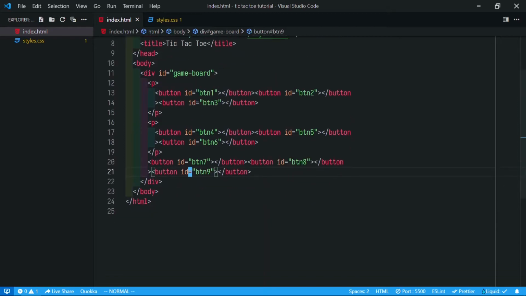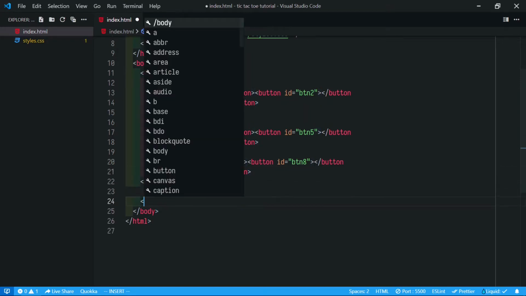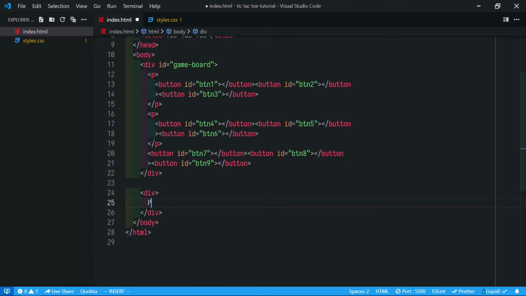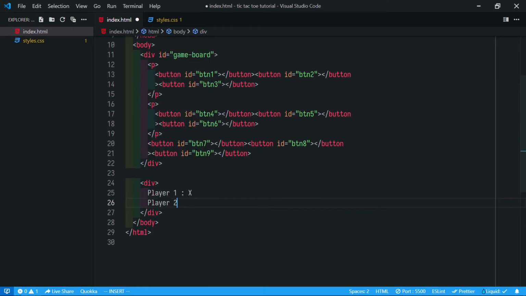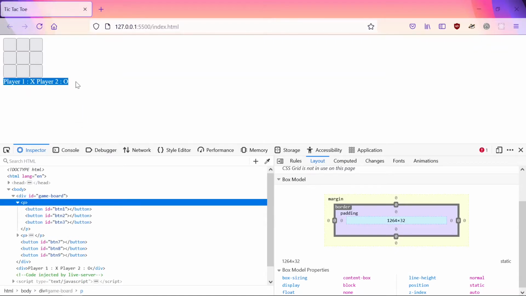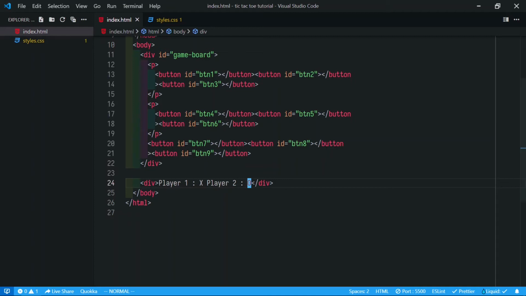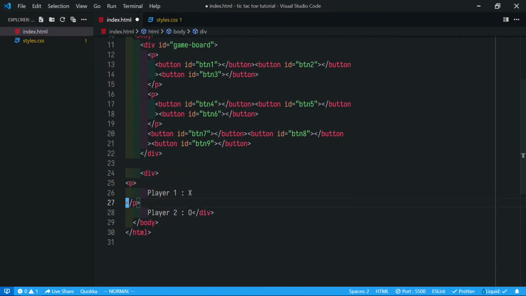Now let's make another div. It will show player 1 has X symbol and player 2 has O. But these come in the same line, so we have to add them in paragraphs, so they take the whole line.